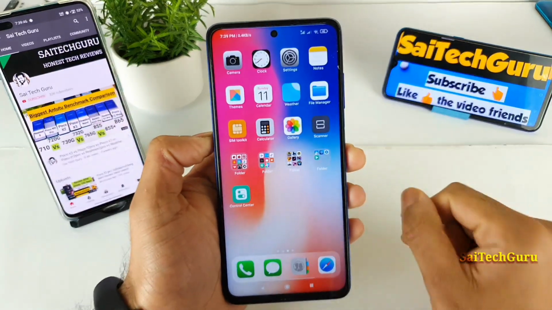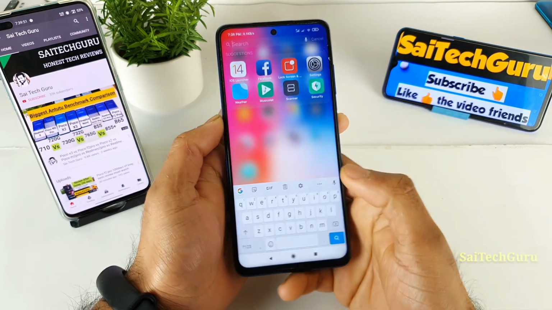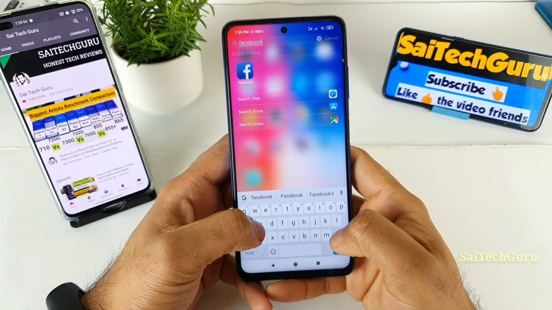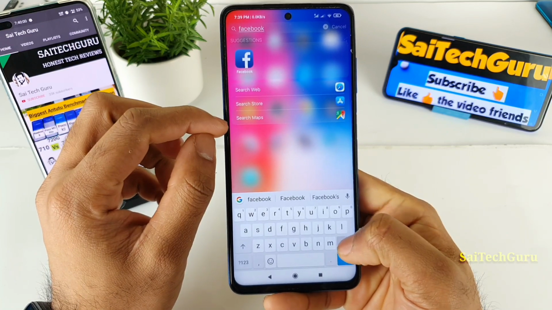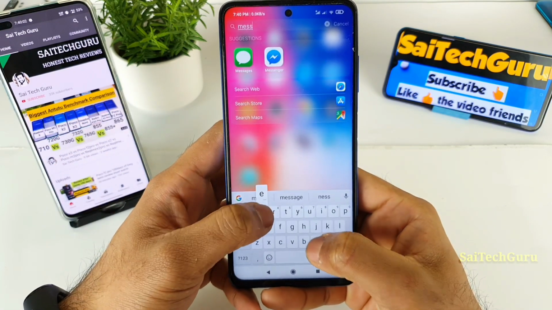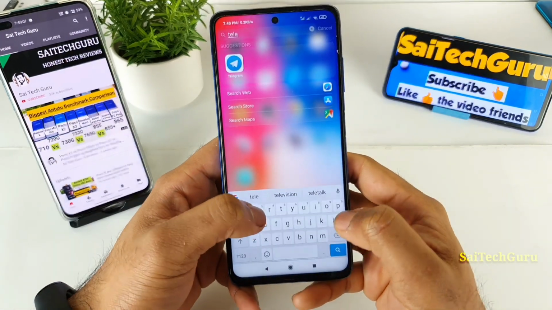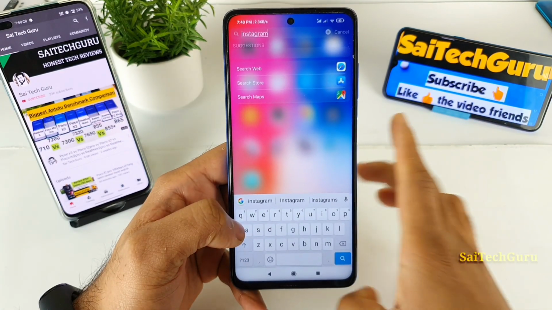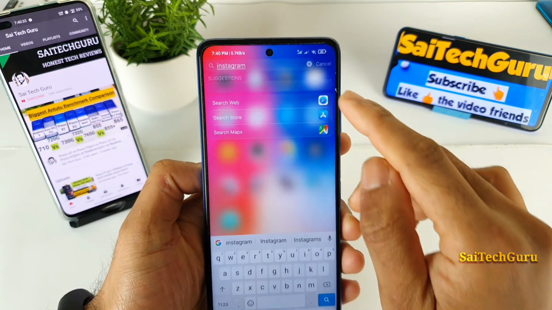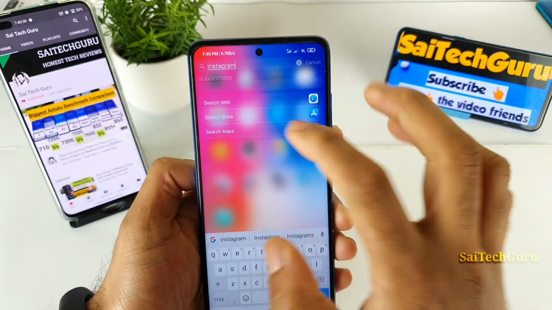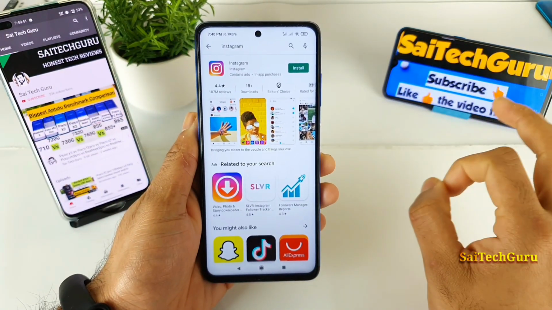Next, I like this search option. This search option is available whenever you swipe down. In case an application is not found in your smartphone, there's an option of searching the web, the store and maps as well. That's a good thing. Let me try to search for an application which is not available right now on my mobile phone. Maybe Telegram is not there, Telegram is also there. So let me type Instagram. As you can see, Instagram is not available on the phone. Even though it isn't available, you get these 3 options where you can select the Play Store directly. As soon as you select the Play Store, it will show you the search results. That's a very good, neat feature.